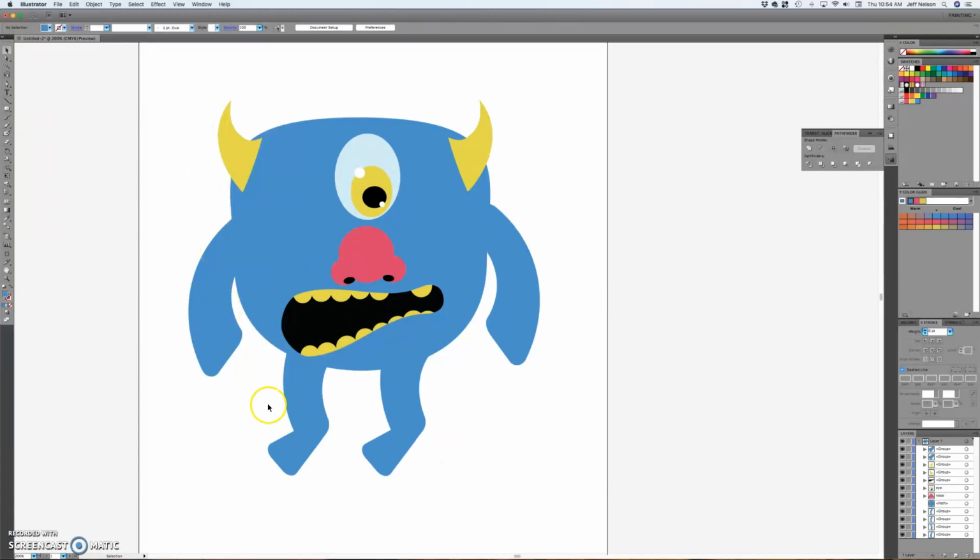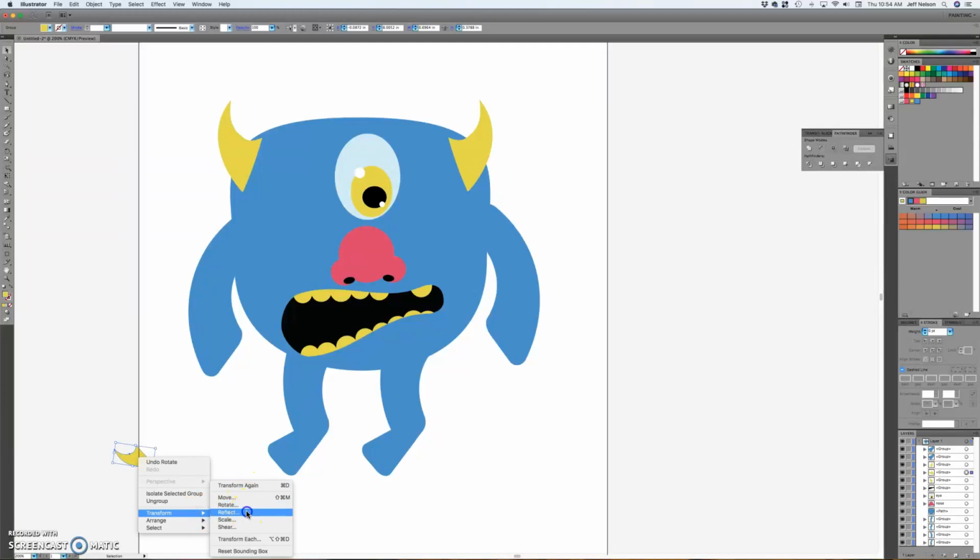So I got feet. Let's put some claws on those feet. So I'm gonna take my selection tool again. I'm gonna take this. I'm gonna drag it down. I'm gonna shrink it. I'm going to rotate it. So right now it's up. That's not what I want. So I want to